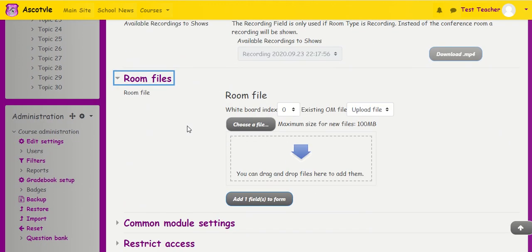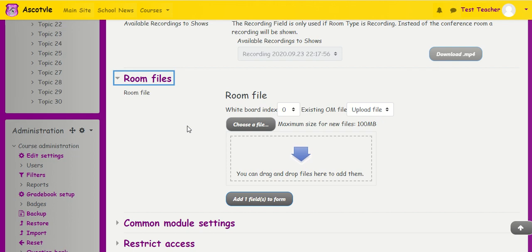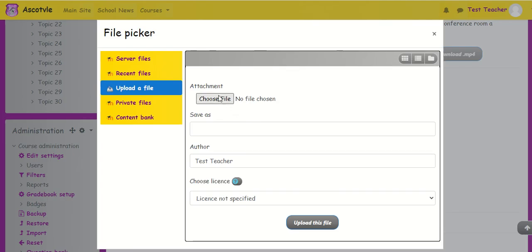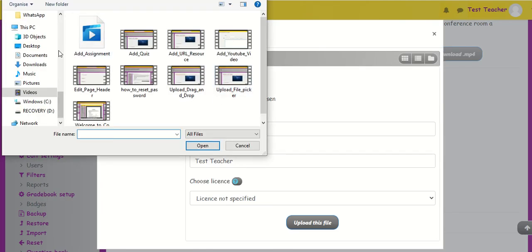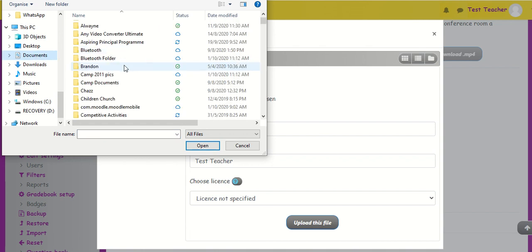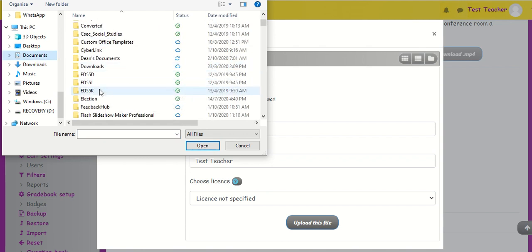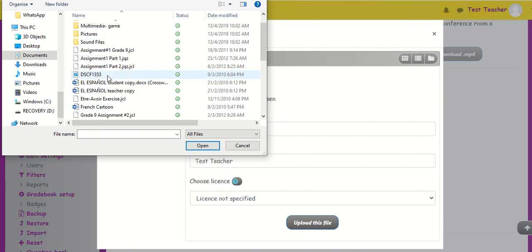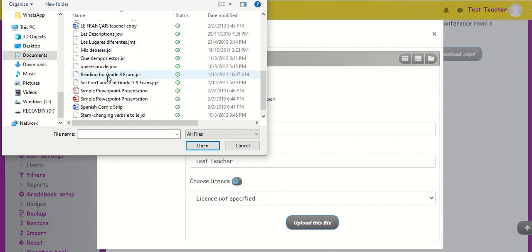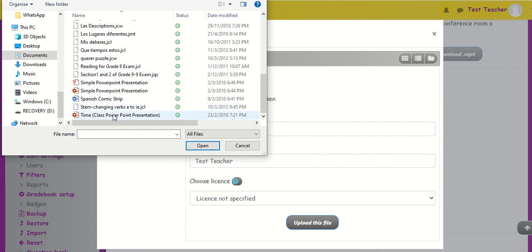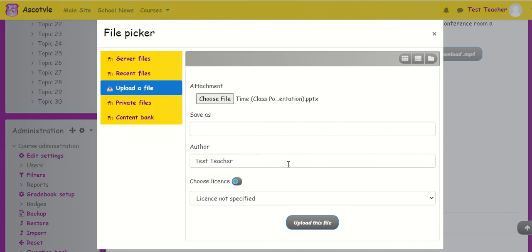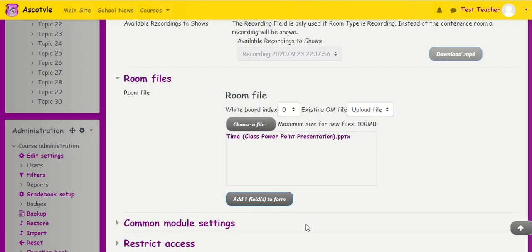Then room files, these are the files that will go on the board in the class. So I have a PowerPoint presentation that I want to show in the class. So I'm going to click choose file. I'm going to upload the file. All right. So I'm going to find my PowerPoint presentation now, ED55K. I'm looking for my PowerPoint presentation, and this is time. I'm going to upload the file, and so this file is going to be a part